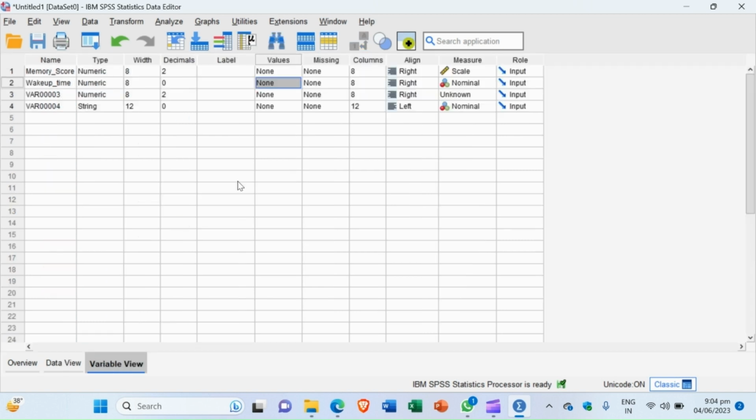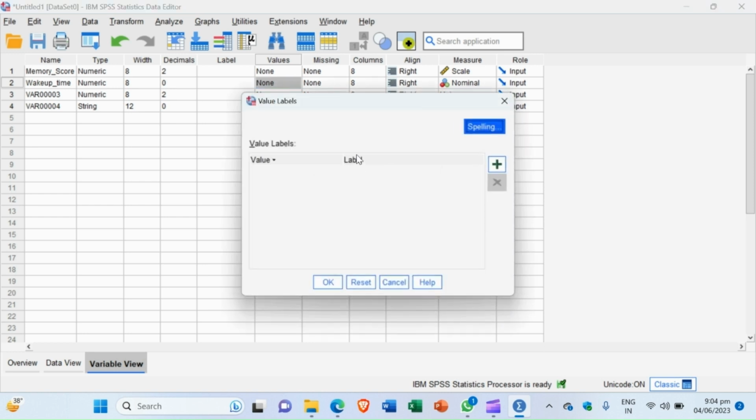So in variable view, we see that wake up time is here, and the values is none. So we define the value. First we define the value and we click plus and we write 1 for those students who wake up late. Then we write late wake up,